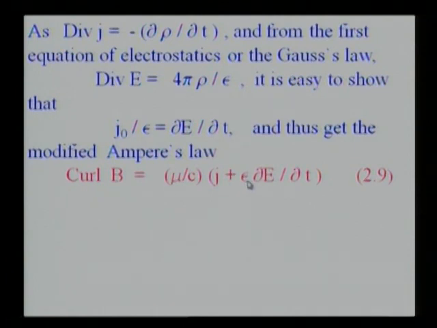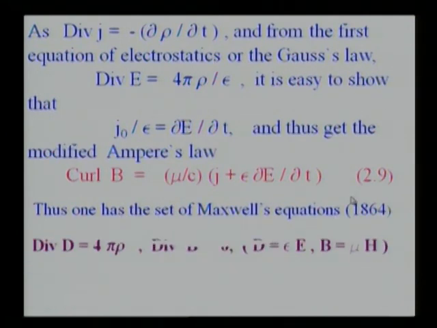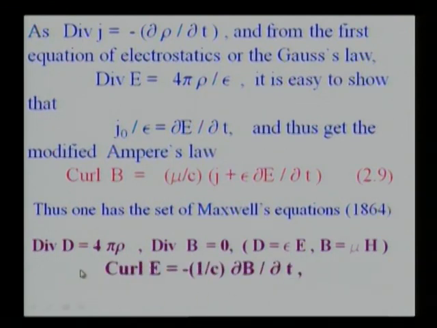plus epsilon times delta E by delta T. So we have now the expected symmetry between electric and magnetic fields, except for the fact that as there are no magnetic monopoles, the divergence equation cannot be symmetric. Now, the set of four Maxwell's equations, which were written in 1864, are thus: divergence of D is 4 pi